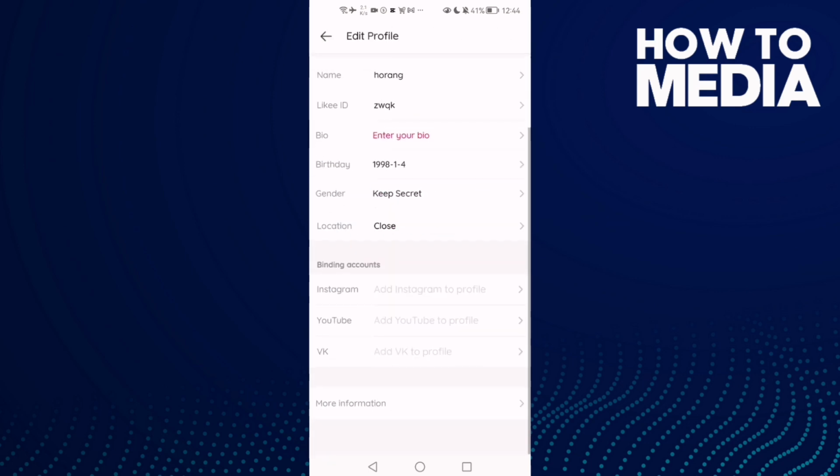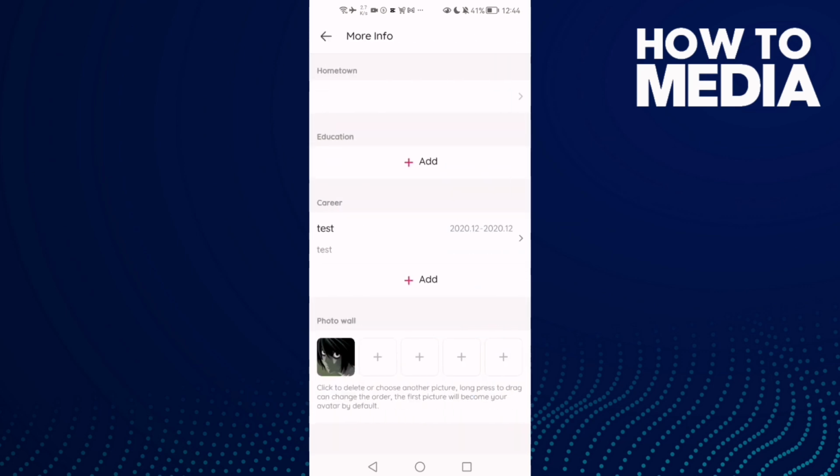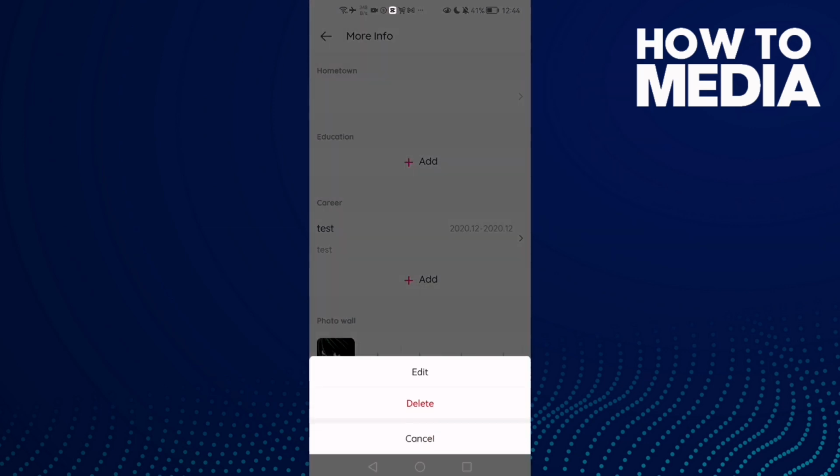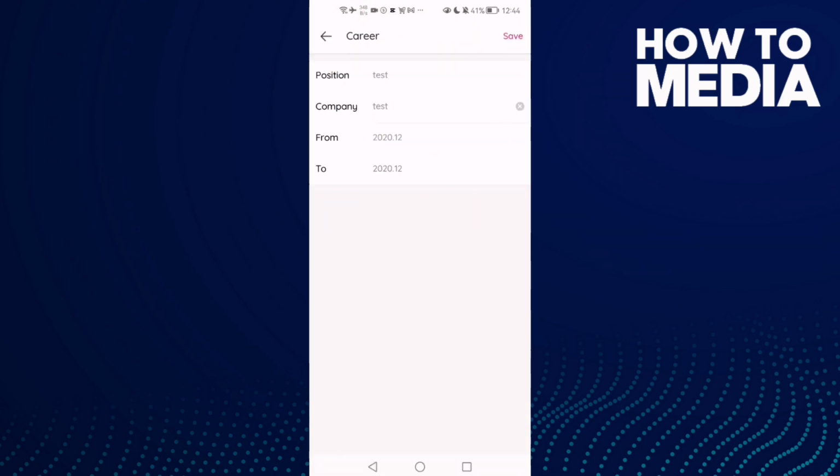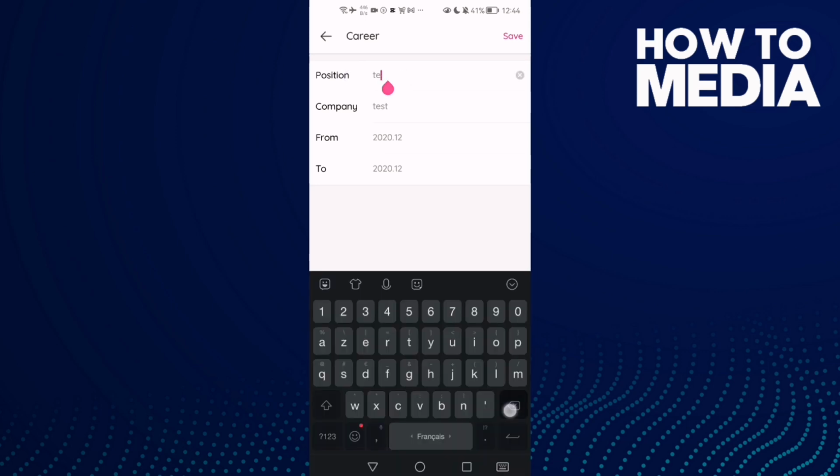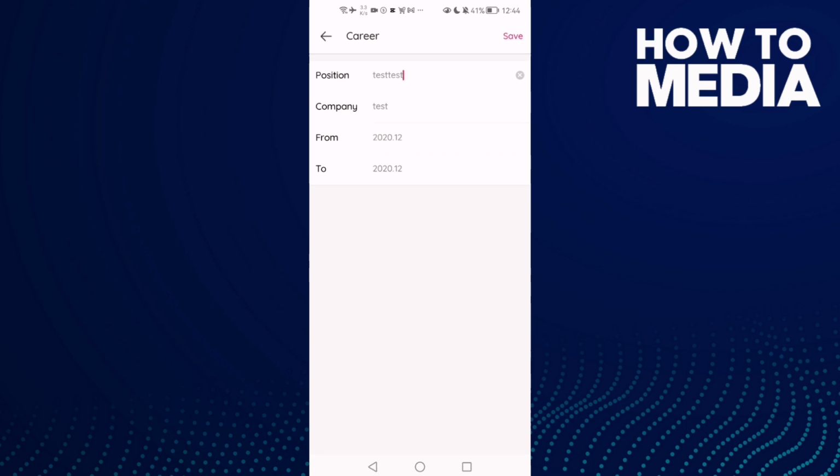and then just go down, click more information, and here you will find your career. Just click on it, click edit, and here will find position. Just add it and add time,